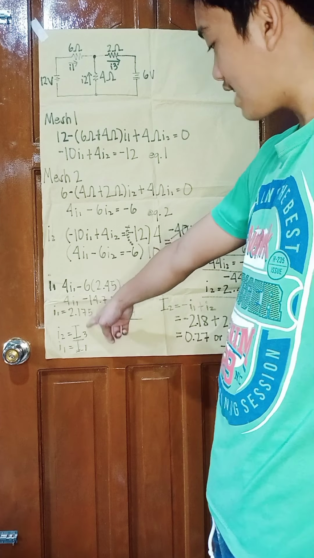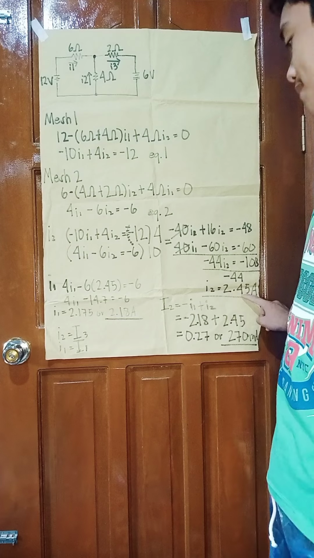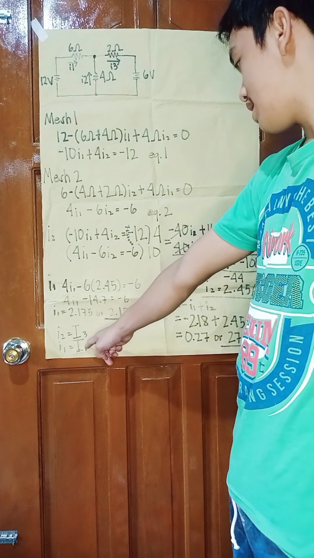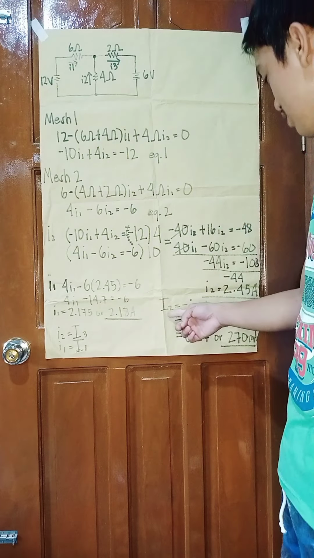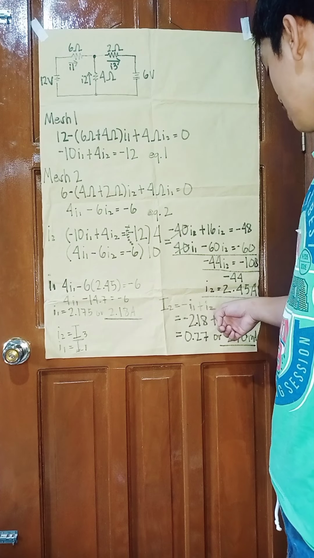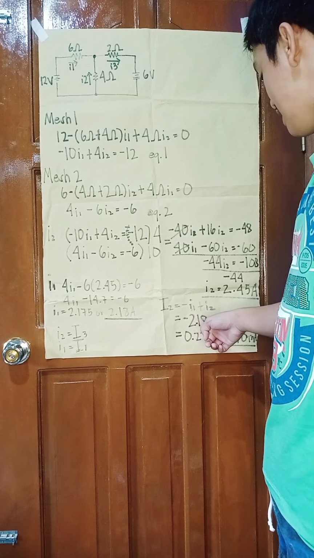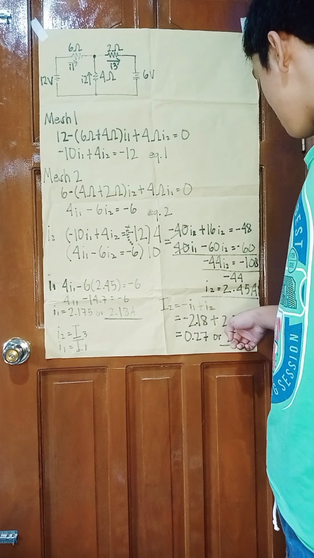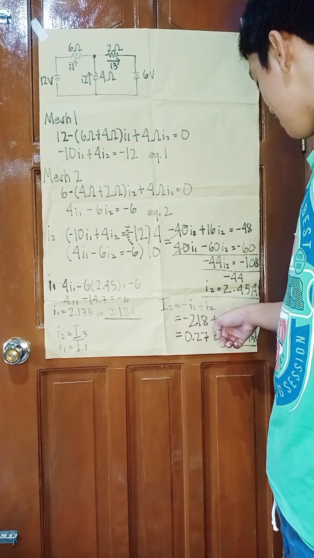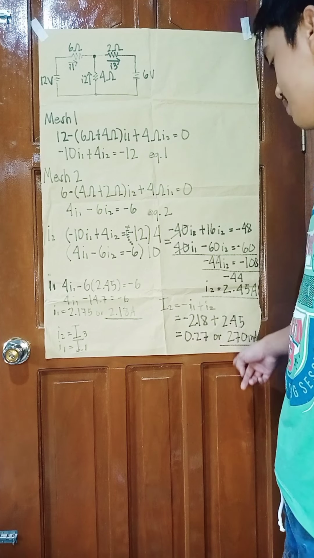So next, I2 is equal to I3. So the I3 now is equal to 2.45 amperes. Then I1 is equal to I1. So next is I2. So I2 is equal to negative I1 plus I2. So I1 is equal to 2.18 plus I2, which is 2.45. So negative 2.18 plus 2.45 is equal to 0.27 or 200